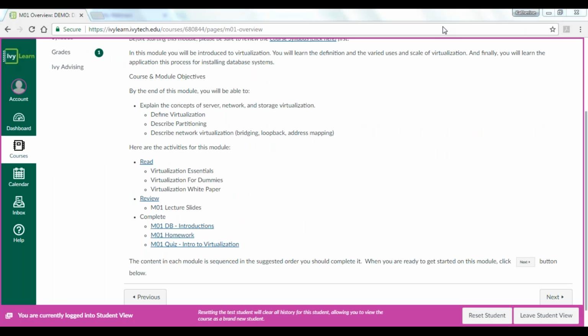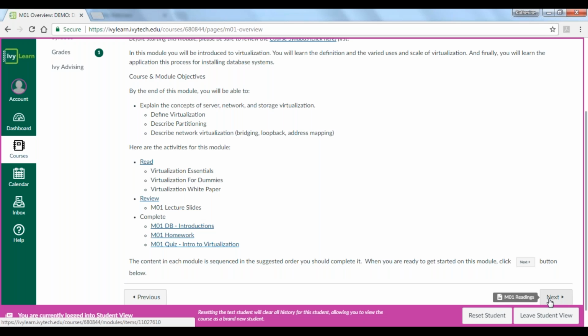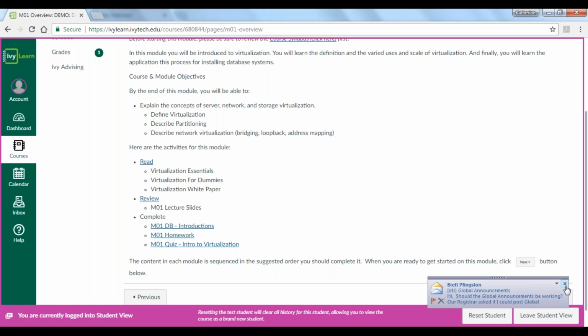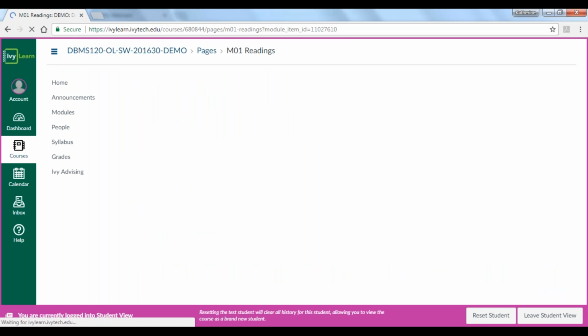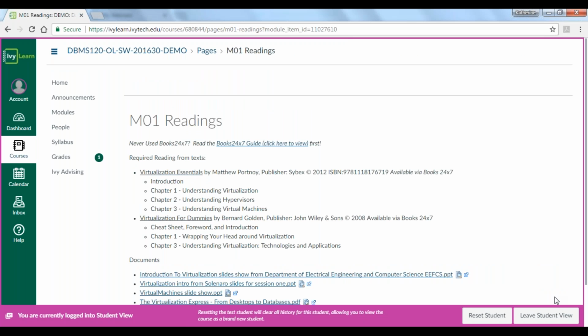And this really should be part of your pre-semester work. When you're getting familiar with your content, go through it in the student view. It kind of helps you see what the student sees and also make sure that everything is published and ready to go. So click the Next button. And this will allow you to page through your module content. So it's very important, once again, to go through your course in the student view to make sure you're seeing what the students are seeing, that content is truly activated, and that also nothing is missing and everything is made available. So that's one of my tips for you.